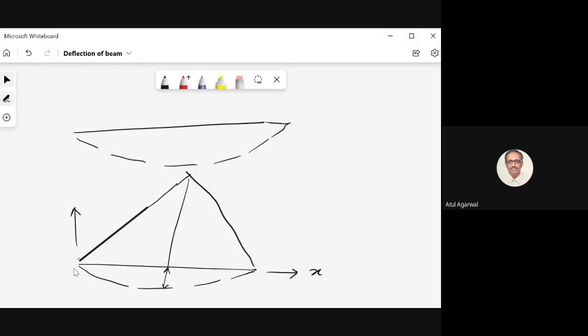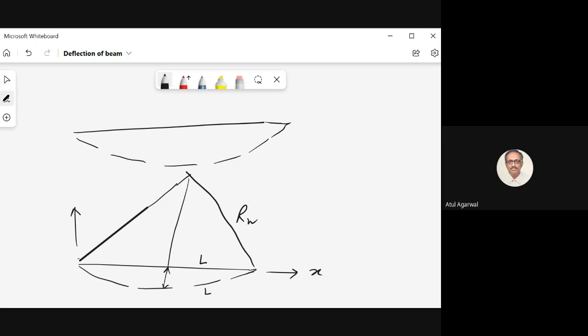Yes, sir. So I have shown the initial beam, and this is the centroidal surface of the initial beam. Then I have shown the bent surface, and this is the center of curvature of this arc. Now I want you to find the deflection. Can you find it by geometry? That is my simple question. You see, the neutral surface radius is Rn. This length is L. As you can see, even this arc length is L.